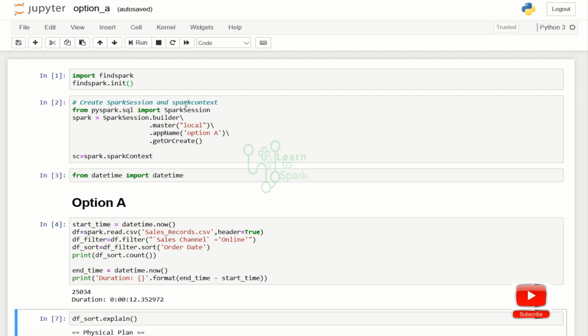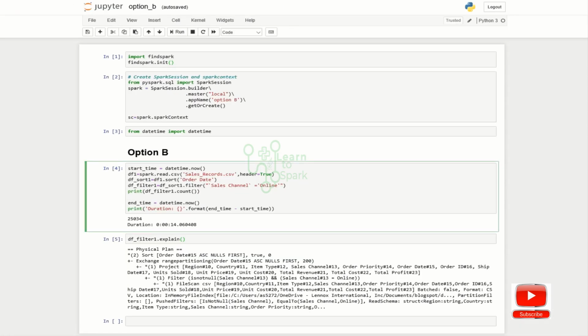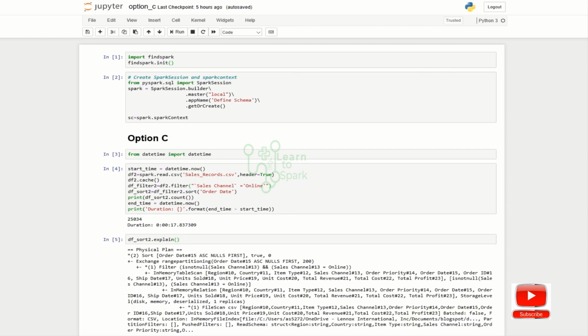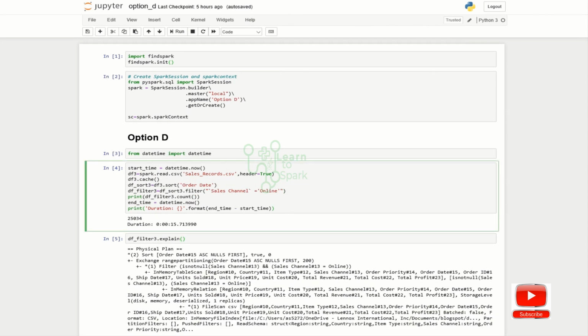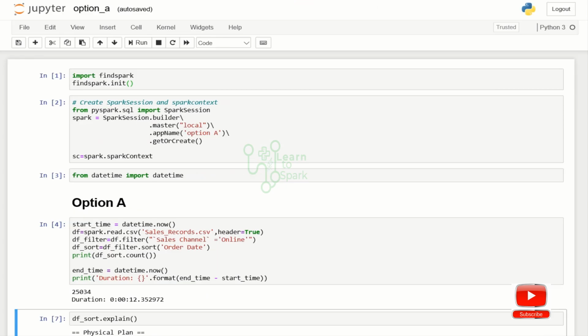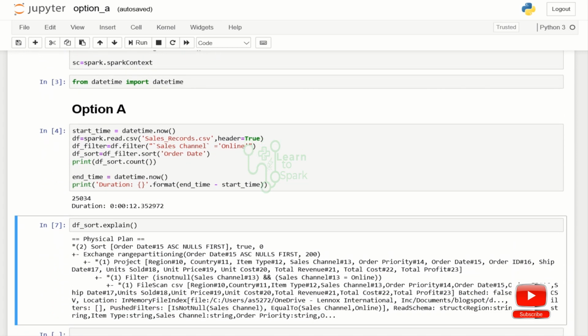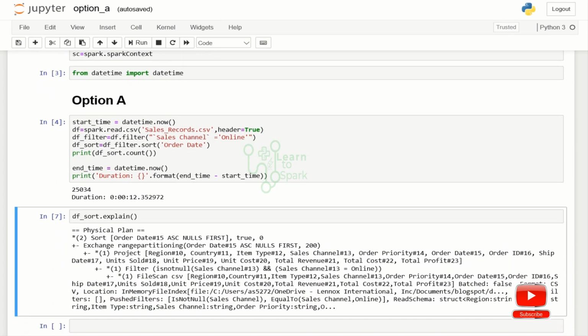Also, I have created four files: option A, option B, option C, and option D. This is basic code. I have also given an explain, so we can go through that first.